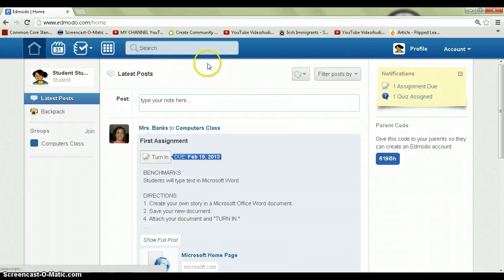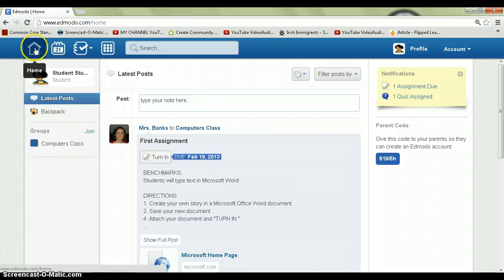You also see along the top a search button. This is how you can search to find me, to find other students, to find things that you're interested in, as well as find assignments and quizzes and the like. Over here is your home button. When you click on this button, your screen will come back to this main screen. So this is a really handy button to know if you're lost or don't know how to get back to where you started. Simply click on the house in the upper left-hand corner and it should bring you back